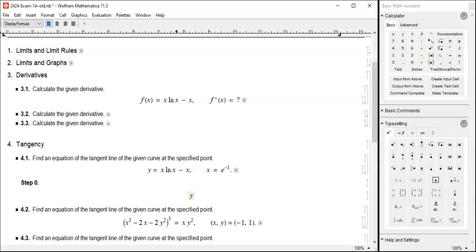Anticipate your answer. y equals m times x minus x0 plus y0. That's the equation you want. I did not specify which equation of the tangent line you should get in the end. Some people specify the slope-intercept equation. I usually don't. Anything will do. So it's easiest to keep it as the